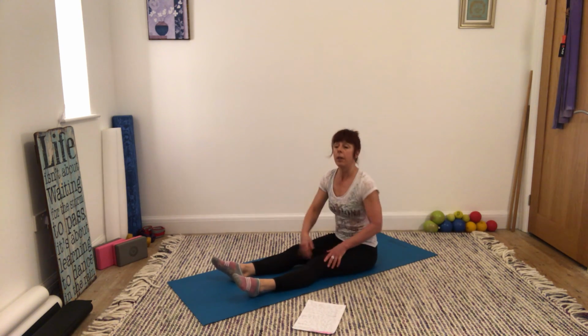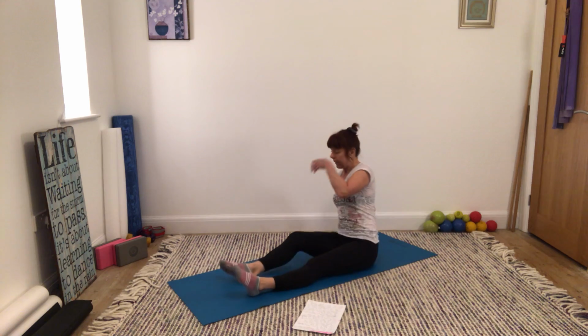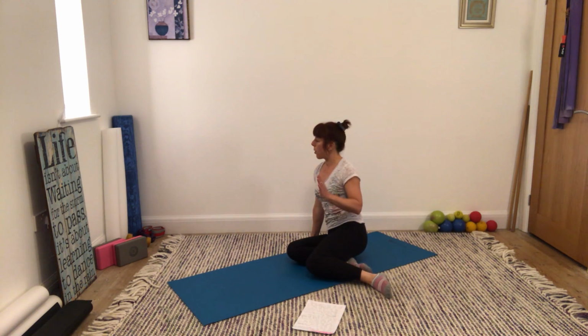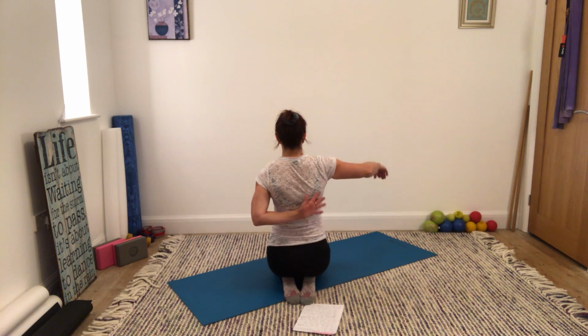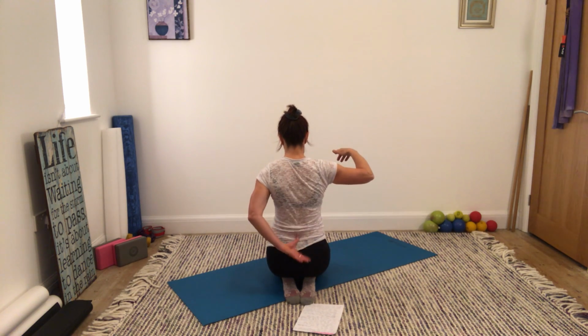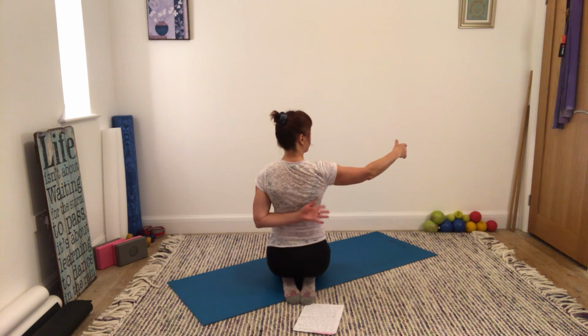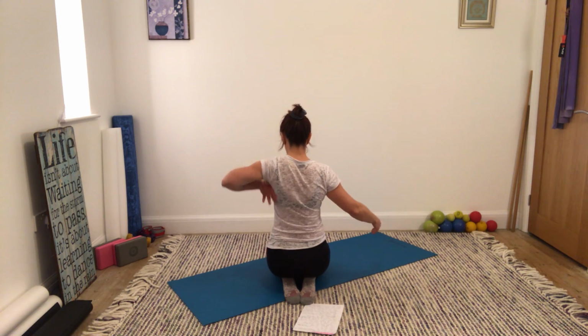For some bridge work, we're going to take a peeling bridge. And the other thing that I would like you to try and think about today, and this is Garuda work, is imagine that your spine is a central line down the centre of your back. And then you've got the right hand side and the left hand side also of your back. So spine straight down through the centre, and then you've got another straight line that's completely parallel with the spine on the right hand side, falling down from your right shoulder blade, and then one on the left hand side, falling down the left hand side. We're going to use those lines as we're coming